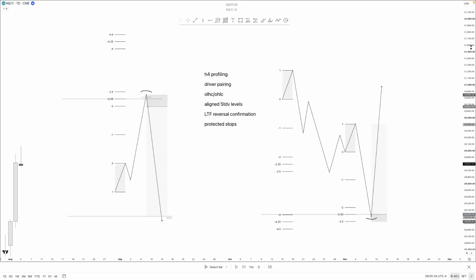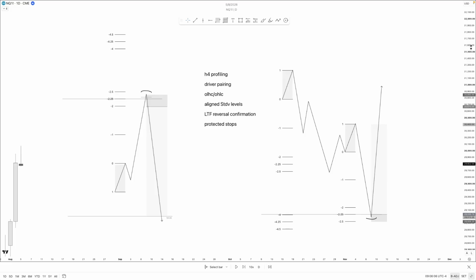And to finish off this video, guys, I just want to show you the two trade examples I've just given there, and basically summarize them with these two diagrams, right? So everything I do includes 4-hour profiling, whether it's 6 a.m. continuation and using that within driver, right? So driver pairing for expansion profiles at 9:30, or whether it be a 10 a.m. reversal for the new 4-hour open low high close or open high low close, and then using those aligned standard deviation levels,